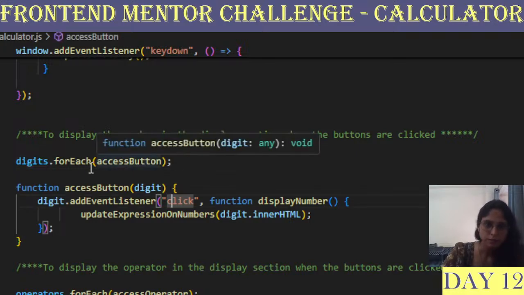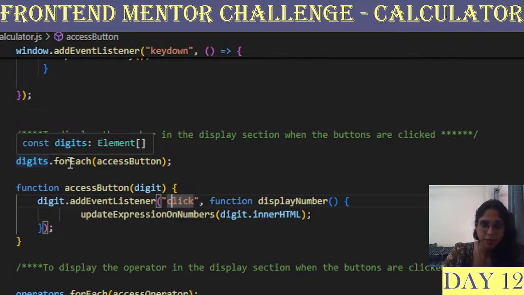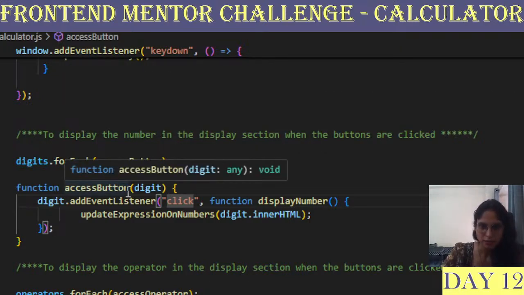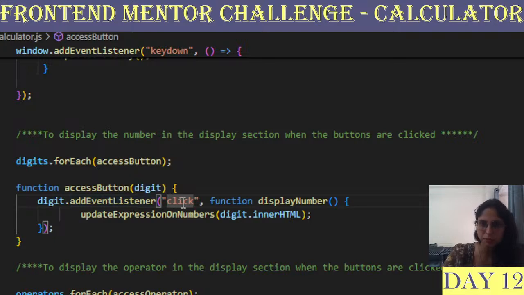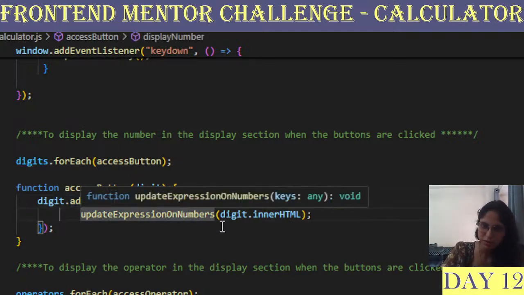So now digits, there are several digits. For each we are having the same function. We are accessing the button. Whenever there's a click event, you have to do update expression on numbers. Again, the same thing.